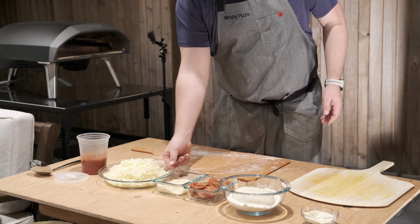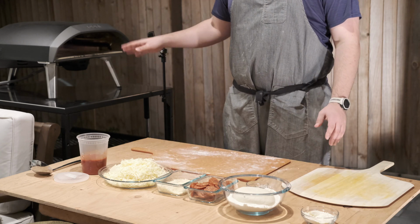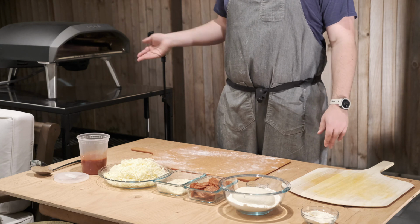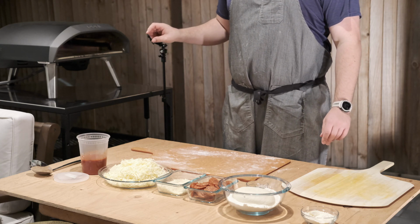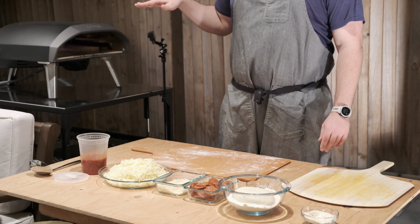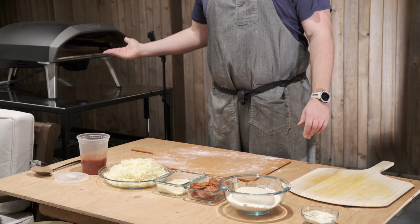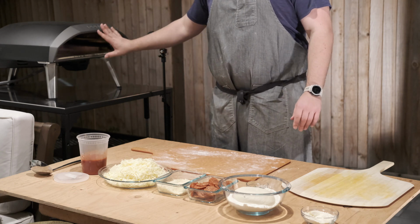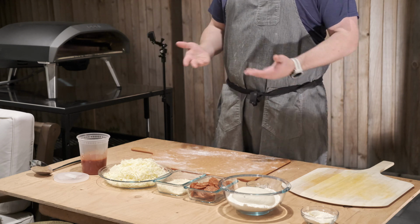All right, so while we're waiting for our dough to rest a little bit longer and our oven to preheat, we're about 700 degrees right now. We want to get it all the way up to 900, then turn the temperature all the way back down so that it stabilizes around 600 degrees. But what I really want is that base to get super duper hot, which it is. That is hot. I want it that hot so that